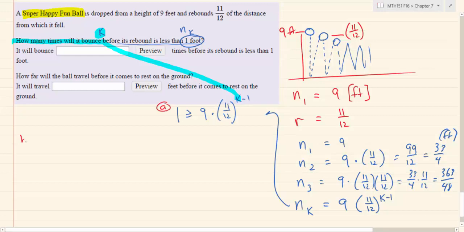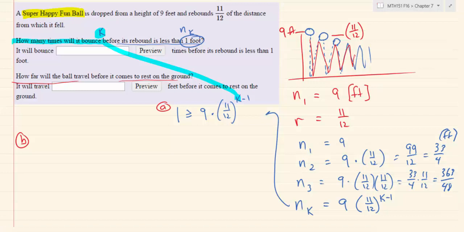Now for part B, they're asking how far will the ball travel before it comes to rest on the ground. And when they say how far will it travel, they mean how far up and down will it travel? How many up and downs will it travel vertically before it comes to rest? And so this is an infinite sum. We're going to figure out, well, and I guess what you could do is maybe it's not an infinite sum,